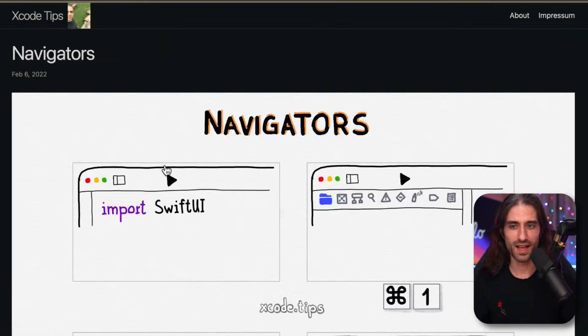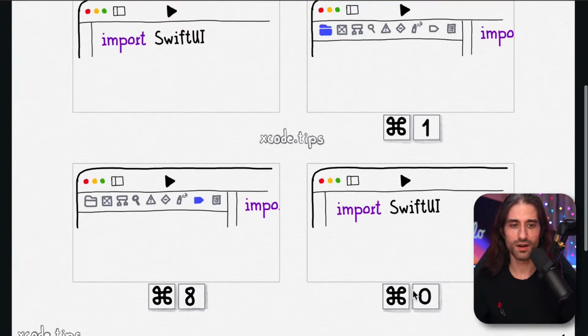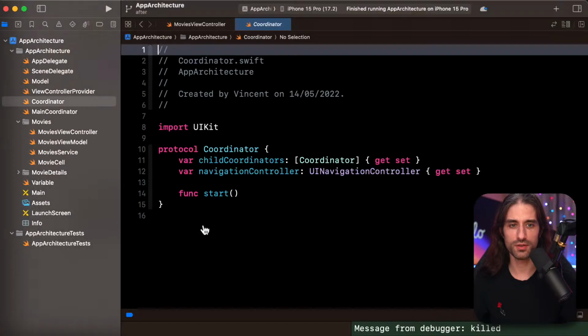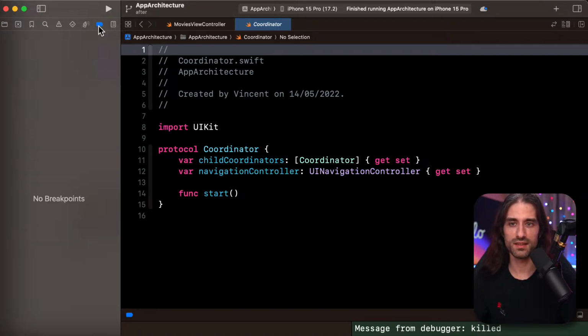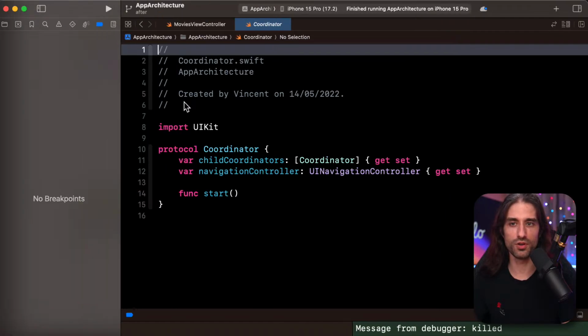Let's move to the next one, which is navigators. So if you do command 1, command 8, or command 0, you can switch between like masking the left inspector, being on, I guess, the file inspector or the debug inspector. So let me go back to Xcode. I'm going to close it. And if I do command 1, indeed, I open this thing, which is the project navigator. If I do command 8, it shows this thing. Okay, is it like 1, 2, 3, 4, 5, 6, 7, 8? So actually, yeah, it works with all of the numbers on your keyboard. And if you do 0, you close it and open it.